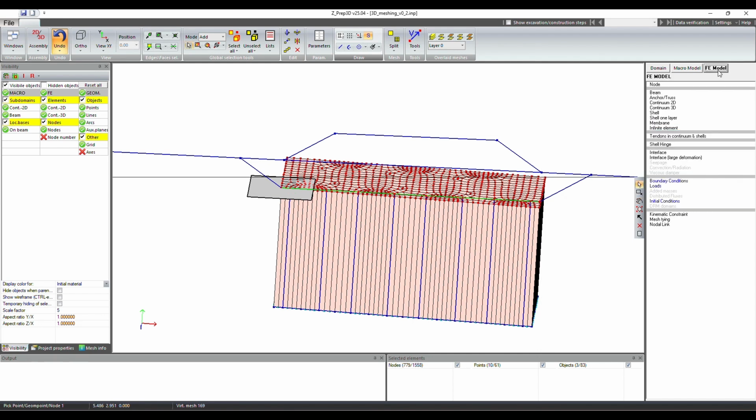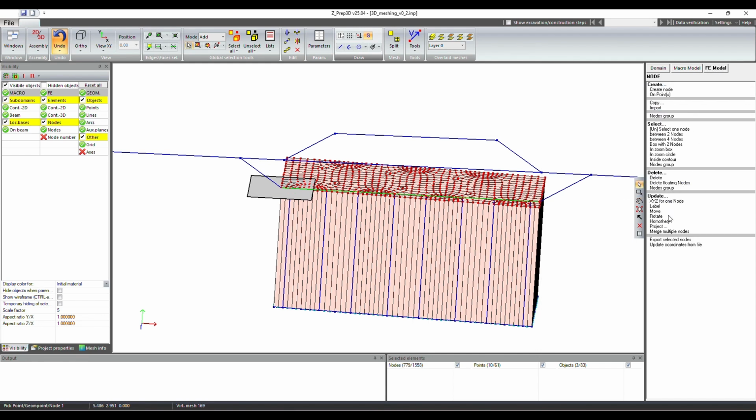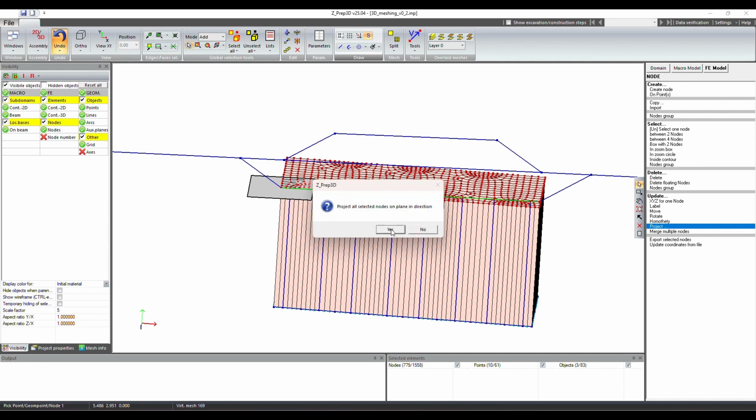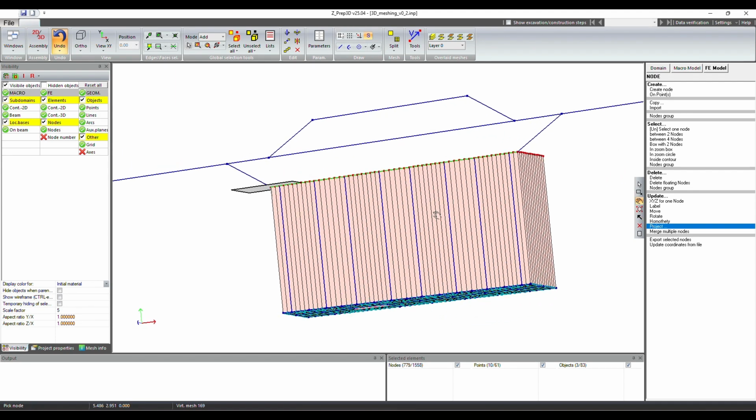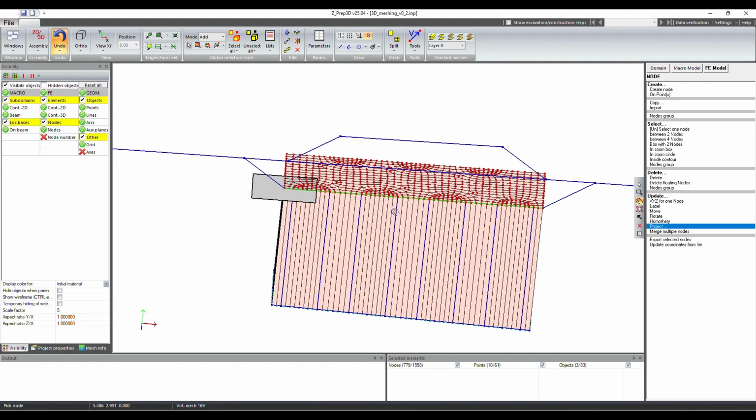And we go into FE model, node, project on plane in direction. And you see that the vector has been reported here into this dialog box. It's just a vertical vector, so we could just as well have entered it by hand. Now the nodes are perfectly aligned with this foundation level. Let's now unselect the nodes,